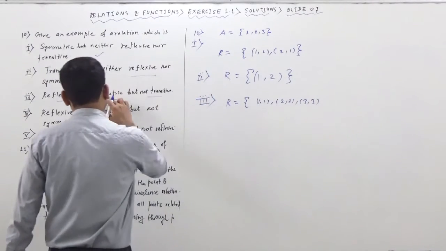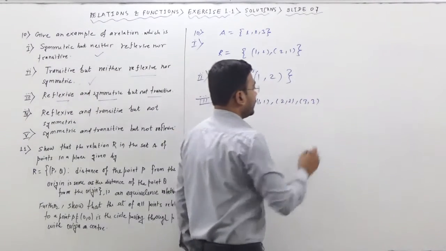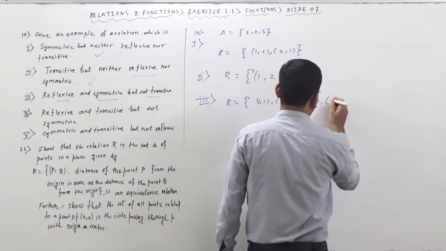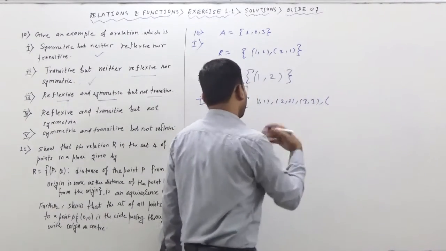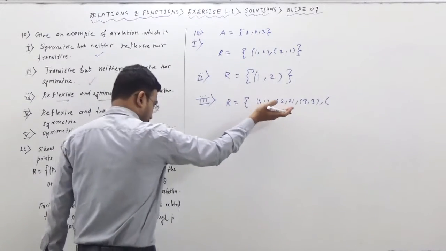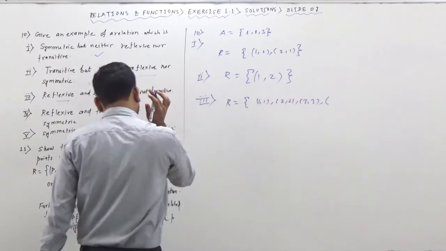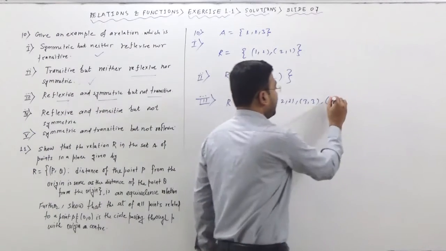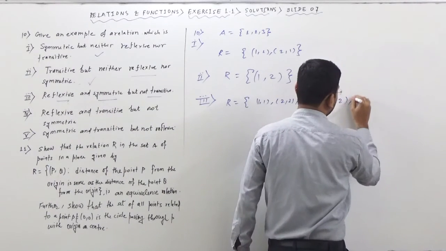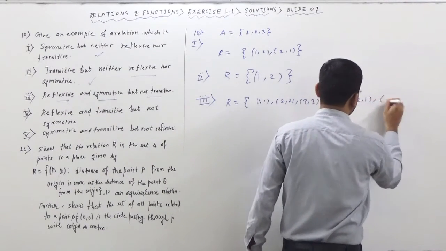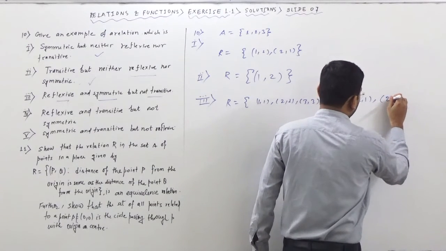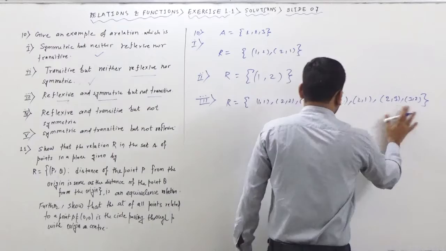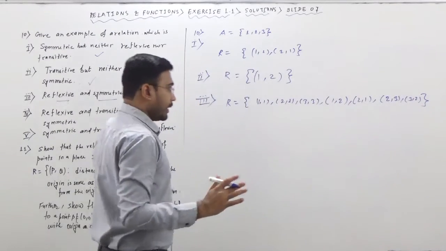Now you also have to make this one a symmetric relation. For making this one a symmetric relation, what do you have to do? Even though this is a symmetric relation, this is also a transitive relation now itself. But we have to write a relation which need not be transitive. So for that, if we are keeping a few extra elements like 1 comma 2, then we have to keep 2 comma 1, because we have to make it symmetric. Now if you are keeping 2 comma 3, then you have to keep 3 comma 2. Now this is a symmetric relation. You can understand this one, right?